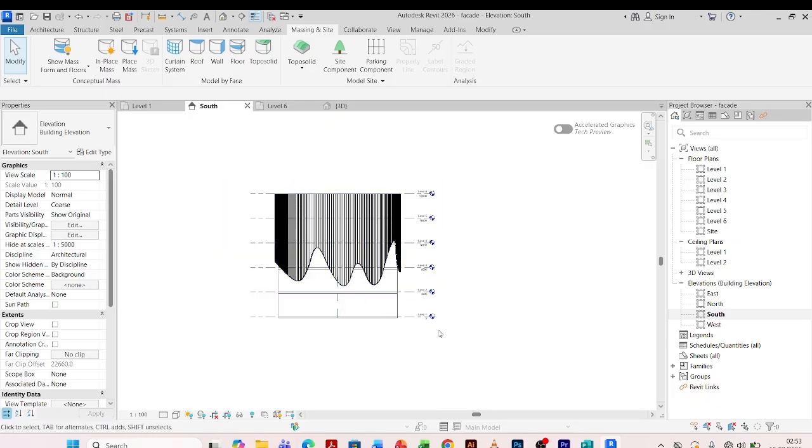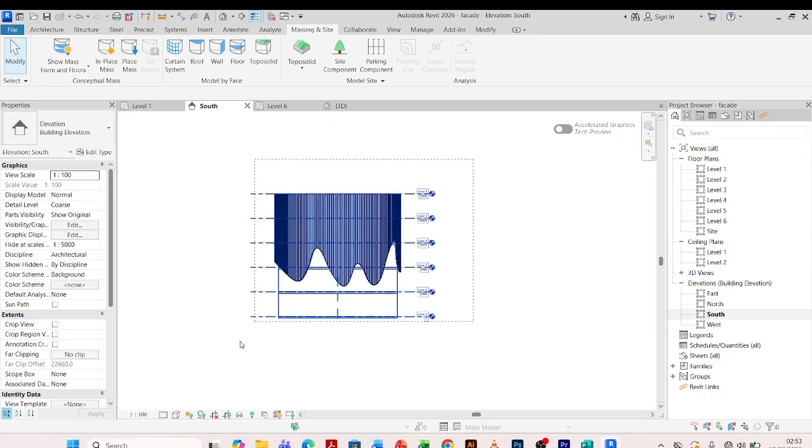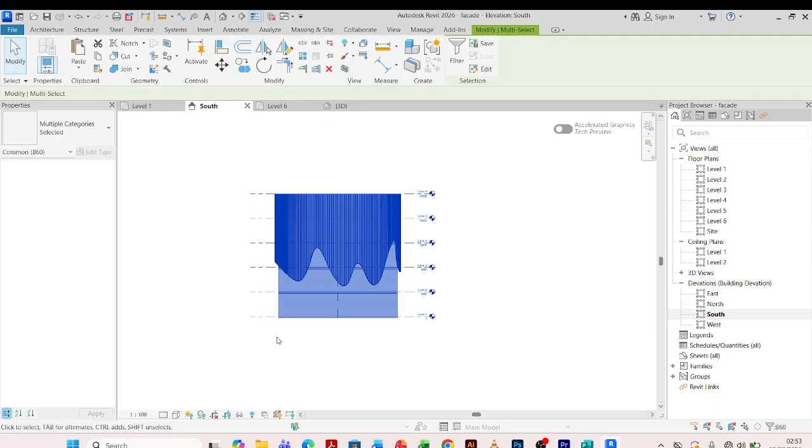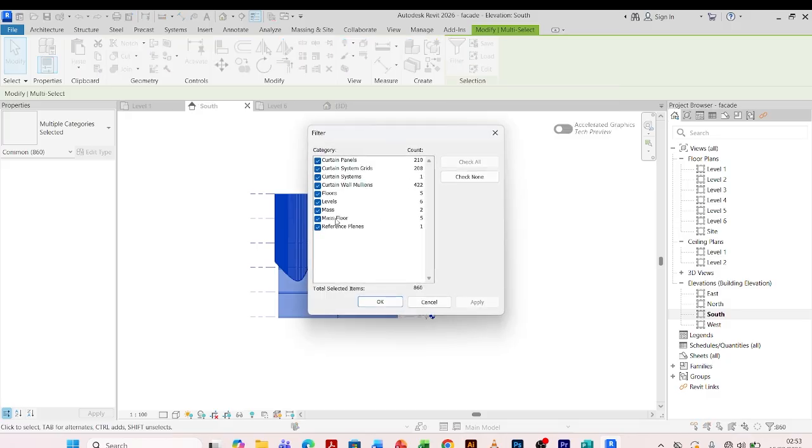I'm going to do it from the elevations. So let me highlight everything in the elevations. I come and filter. This is the filter tool. I'll click on it. Then I'll first check none. Come tick the curtain panels, curtain grids, curtain system, curtain mullions, floors,